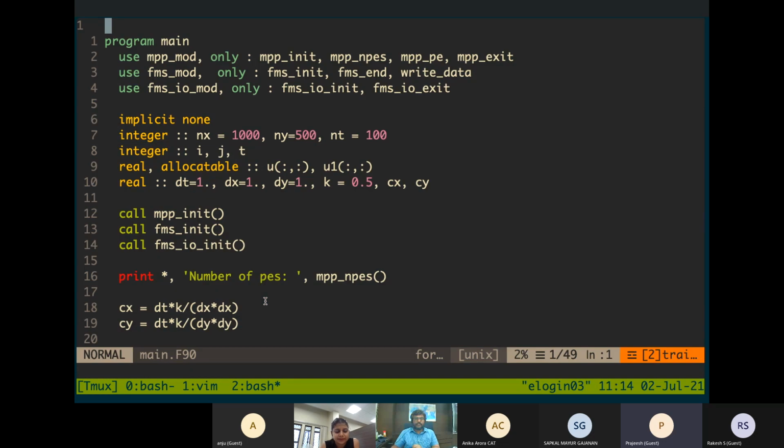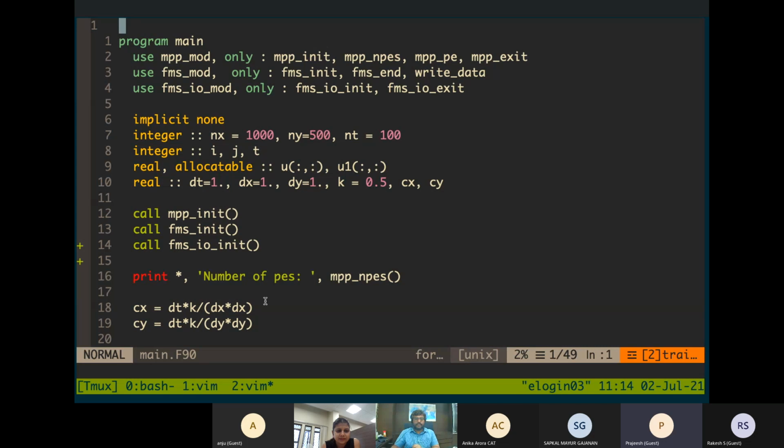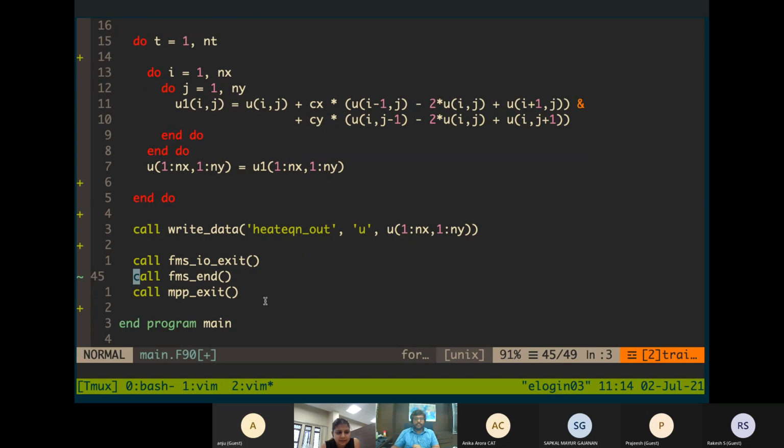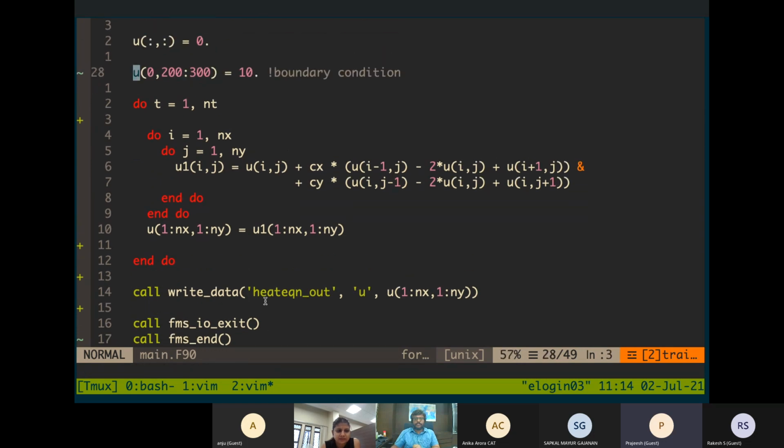We are anyway not using clock and all here right now. So we could write the output here, and let's assume that the computation is correct.